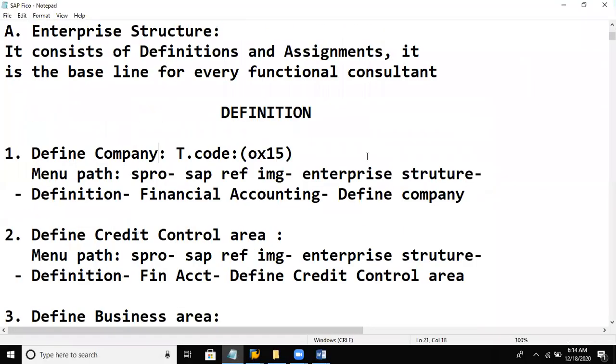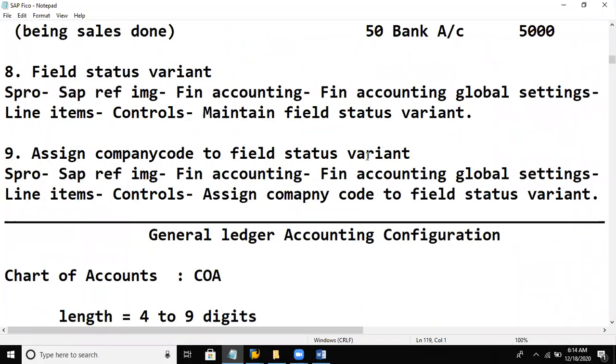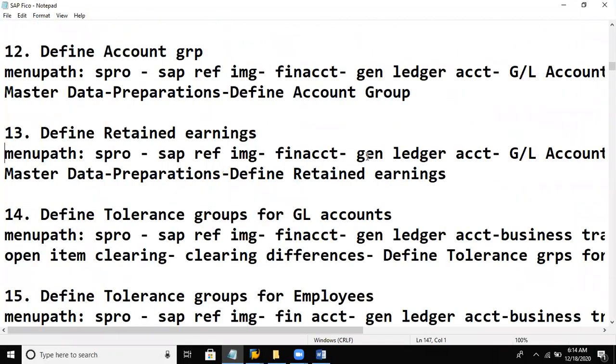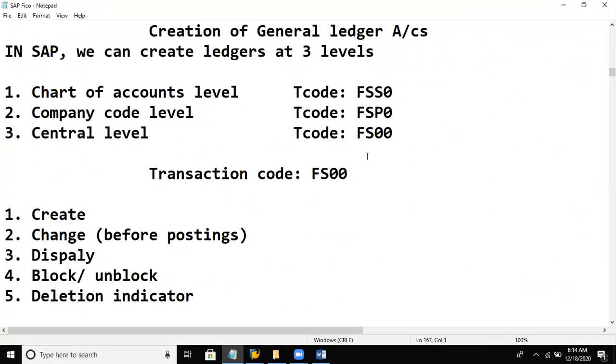We have successfully completed General Ledger Accounting configuration also. Now the concept is how to create a GL account in SAP.